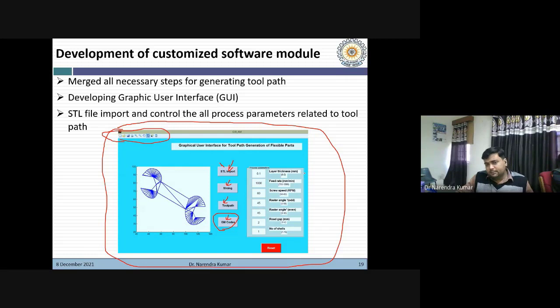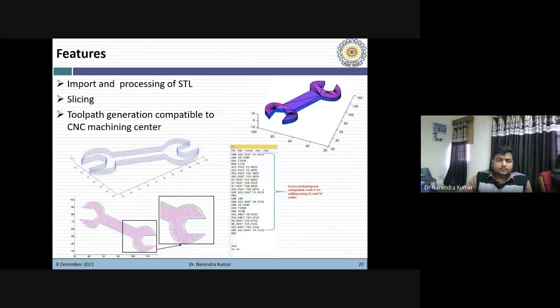Okay, and some other parameters like layer thickness, feed rate, screw speed, raster angle, right, road gap, number of cells. These parameters could be controlled by just changing these values, right? That was very important for the research purpose. Some other features you can see here: import and processing of STL.